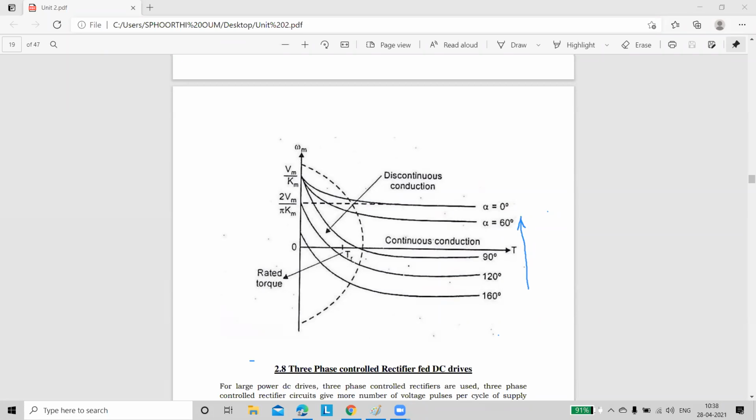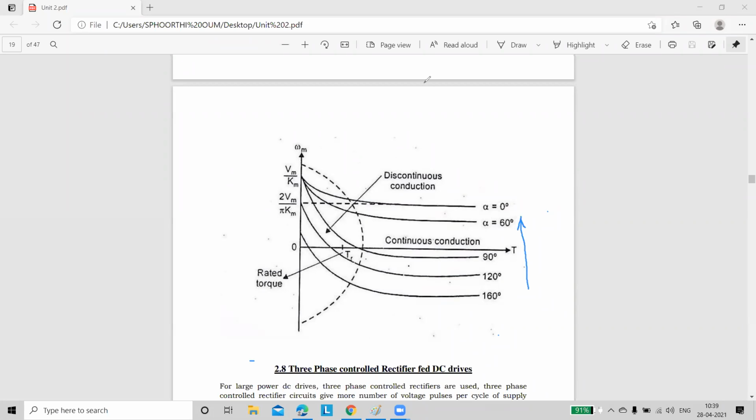As the firing angle increases, it goes from continuous to discontinuous. Exactly, I am saying like that. That's why I am representing it like this: up arrow, from continuous mode to discontinuous mode. An arrow must be indicated like this. By seeing the waveforms, if the firing angle is increased, it moves from continuous to discontinuous. Just put an arrow like this. The indication is that by increasing the firing angle, our rectifier is going to change from continuous mode to discontinuous mode.